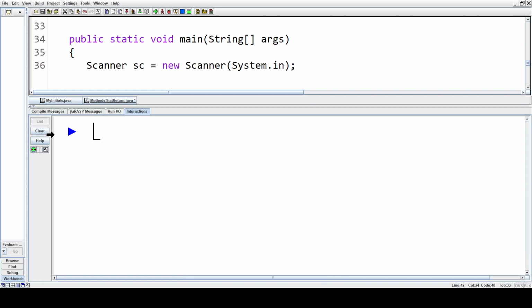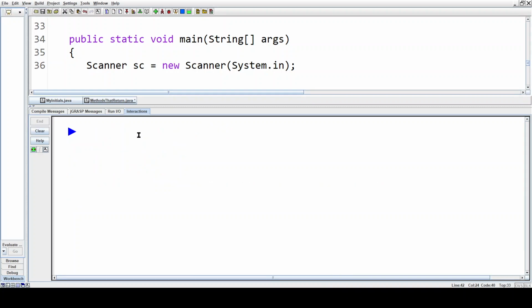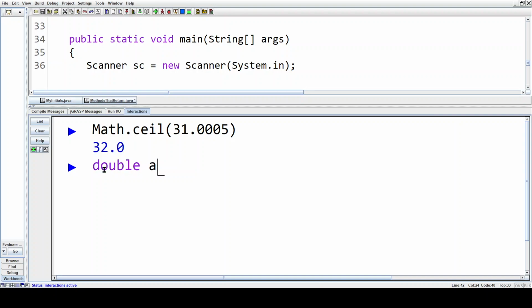And you've used them all of last year when you did things like Math.ceil(31.0005), which gives us back 32. So this is what it's returning, right? So we could store that in a double. We could say double answer equals Math.round. Let's say Math.sqrt